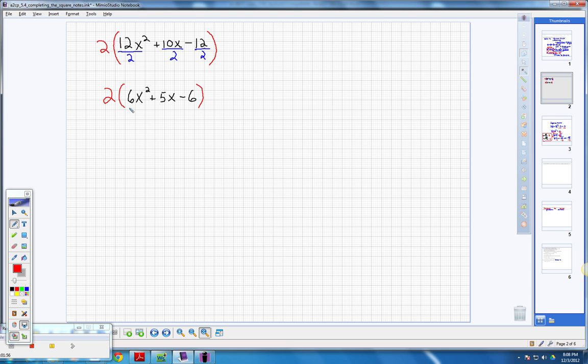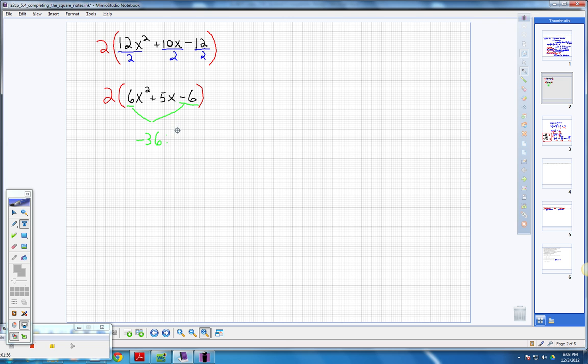So what we're looking at now is the factor by grouping method, and if you remember, the first step is to multiply those outer terms of the expression. So we're going to go ahead and multiply the coefficients of those outer terms. We are going to multiply positive 6 times negative 6. When we multiply positive 6 times negative 6, we know that we get negative 36. So now we're looking for factors of negative 36 that have a sum of,